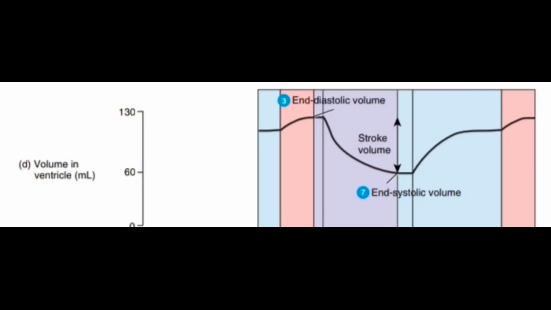Relaxation period is the third step of the cardiac cycle, और रिलैक्सेशन पीरियड के दौरान क्या होगा, वेंट्रिकल्स का प्रेशर कम हो जाएगा, ऑर्टिक वाल्व क्लोज हो जाएगा 100 mmHg के आसपास, और फिर आइसो वॉल्यूमेट्रिक रिलैक्सेशन पीरियड आएगा, यानी जब ऑर्टिक वाल्व क्लोज हो जाएंगे और एट्रियो वेंट्रिकुलर वाल्व्स की ओपनिंग बाद में होगी। तो इस ऑर्टिक वाल्व के क्लोजर के बाद और एट्रियो वेंट्रिकुलर वाल्व्स की ओपनिंग से पहले जो टाइम पीरियड है 0.05 सेकंड, दैट्स कॉल्ड आइसो वॉल्यूमेट्रिक रिलैक्सेशन। उस टाइम पीरियड के दौरान वेंट्रिकल्स की ब्लड वॉल्यूम में कोई चेंज नहीं आता, और जब प्रेशर वेंट्रिकल्स के अंदर कम हो जाता है एट्रिया से, तो वेंट्रिकुलर फिलिंग स्टार्ट होती है।